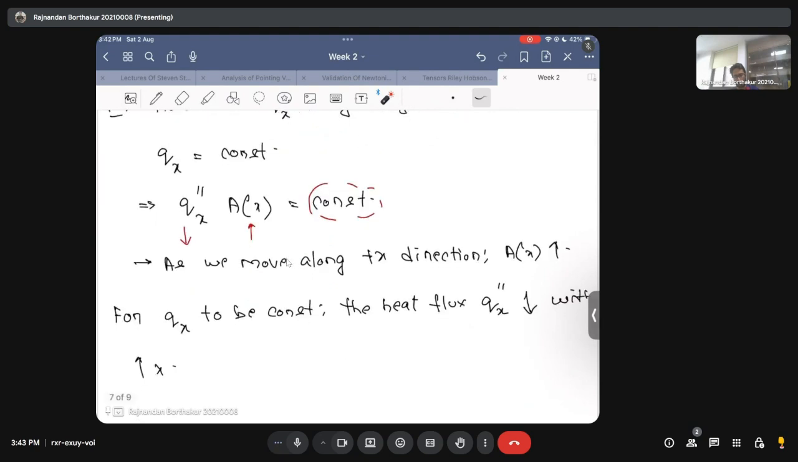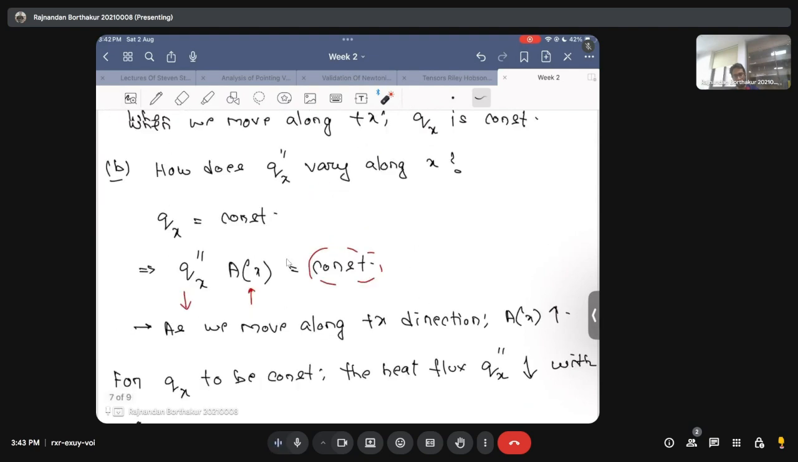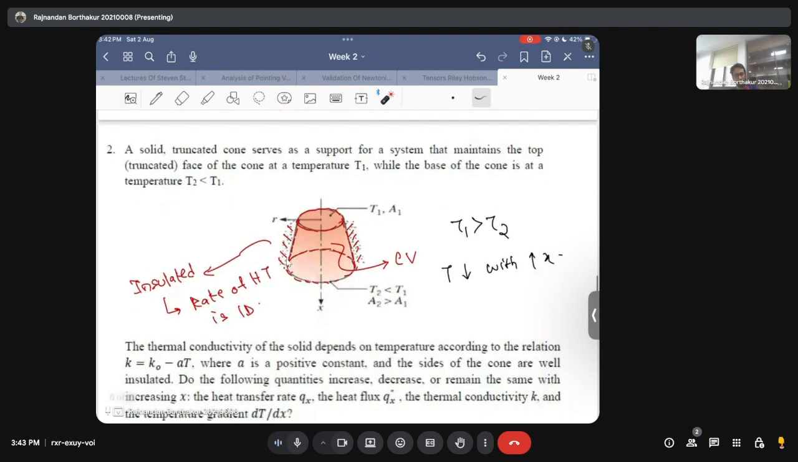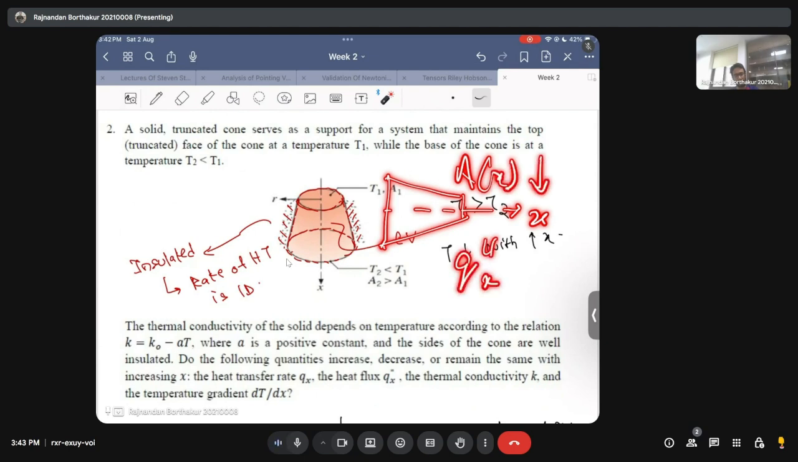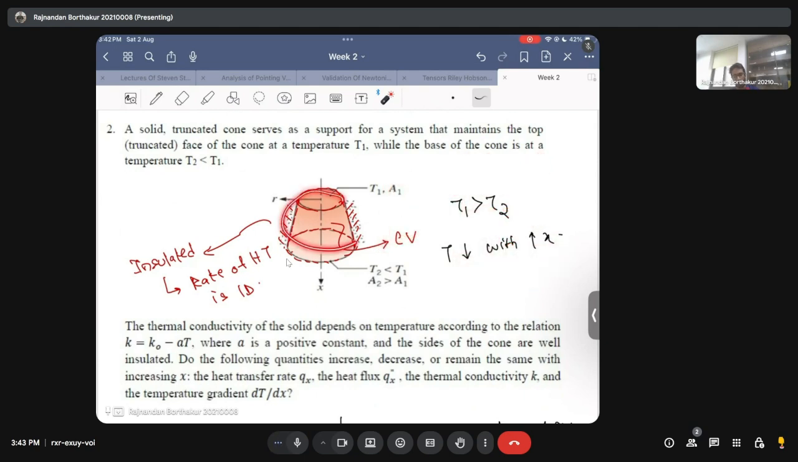Okay, and see, you can now draw a very nice analogy from the previous problem. In the previous problem, if you remember, the surface or you can say the control volume was something like this, which means that when we move along the plus x direction, my area, which was a function of x, was decreasing, and that's the reason why my heat flux was essentially increasing in that scenario. Okay, but in this case, when we moved along the plus x direction, our area, because of the fact that your rate of heat transfer is constant, is essentially increasing with x, which means that now in your case your heat flux will essentially decrease with x. Okay, and